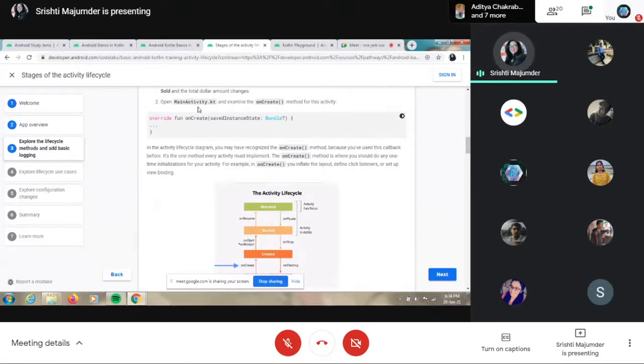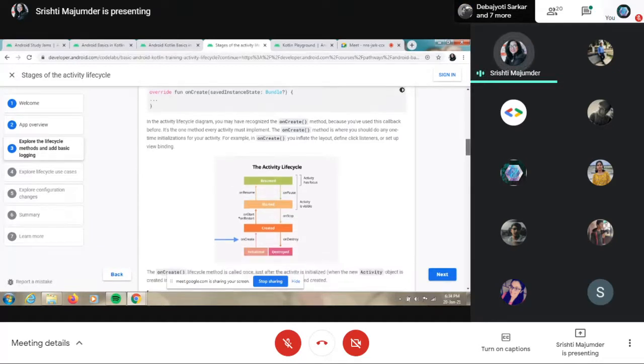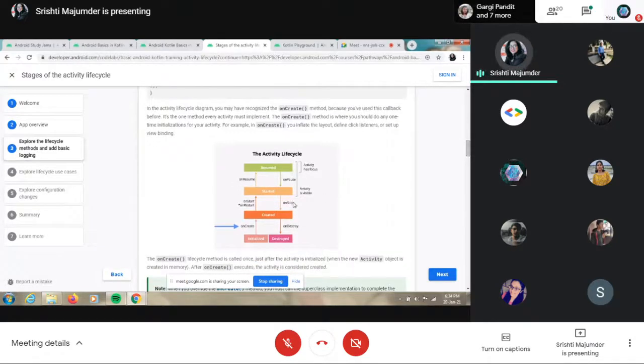Sorry, I forgot to mention that at first you need to open the MainActivity, then examine the onCreate function, then write this one. In this activity lifecycle diagram, you may have recognized that the first initialization we do is onCreate. This is the very first step.